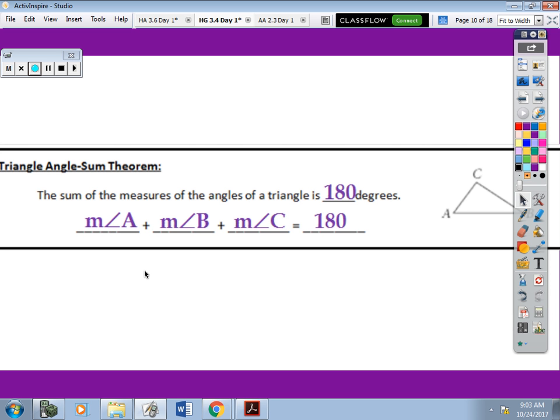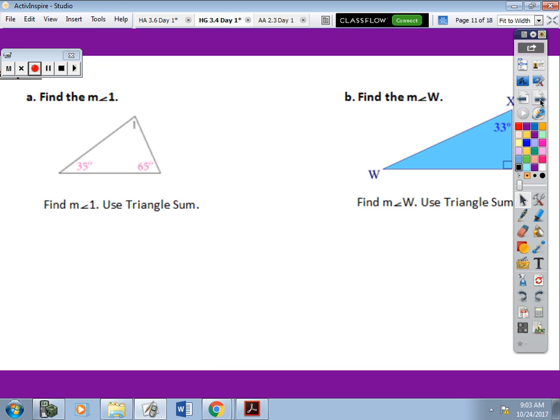Okay, so a couple easy examples below. Find the measure of angle 1 using the triangle sum theorem. We know the three angles together have to add to 180, so the measure of angle 1 plus 35 plus 65 has to equal 180. So really we're just subtracting 35 and 65 from 180. Do you have to show this work? No. If you want to, you can. But we would get